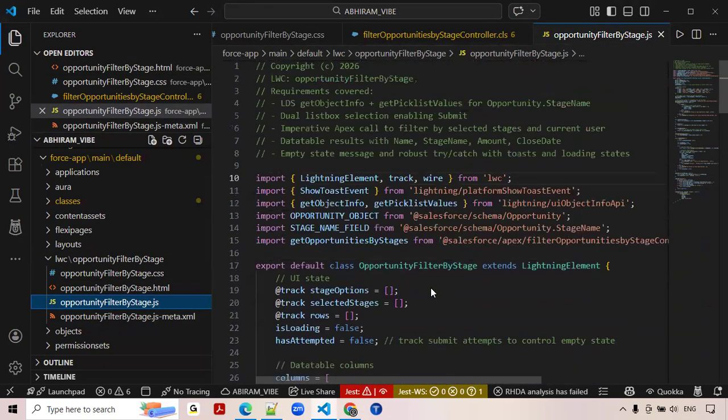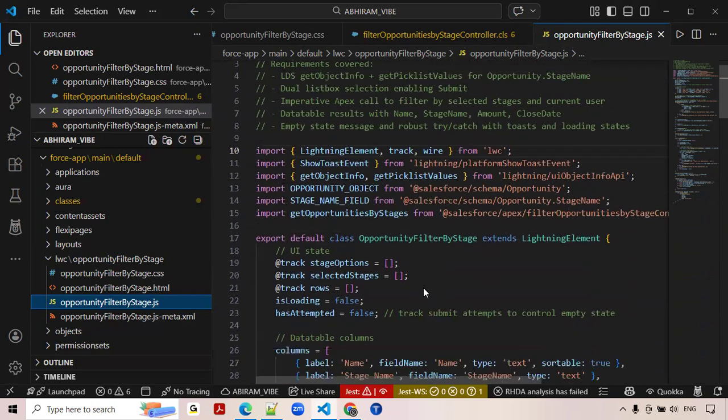Okay, why? Because the system generates in its own format, right? So based on your requirement, you can make some changes also after it is built by Agentforce. So here